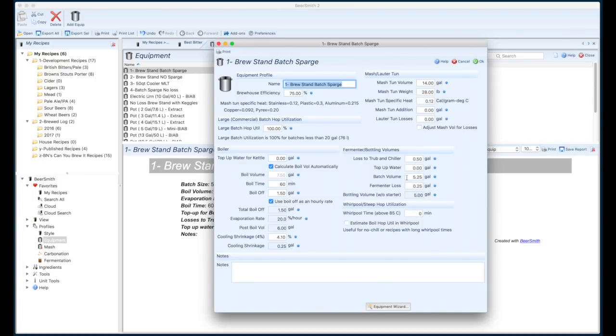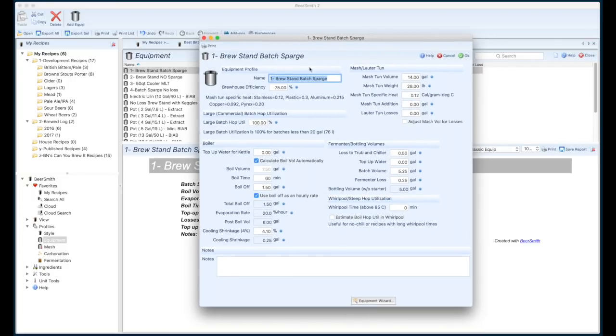So all these losses then have to come out of your total mash efficiency in order to account for that loss of sugar. So BeerSmith really wants to be all things for all brewers, regardless if you're a home brewer or a pro brewer. And they drive it based on Brewhouse efficiency. So you have to go through one of these equipment profiles. You can use an equipment wizard. It helps out a little bit. But you actually have to measure all these numbers,